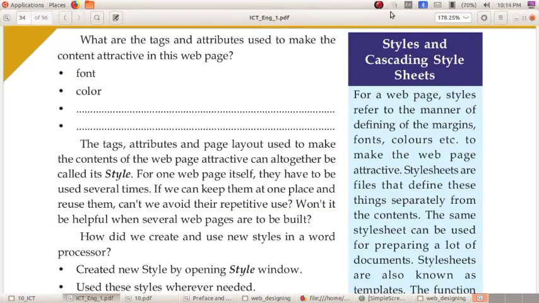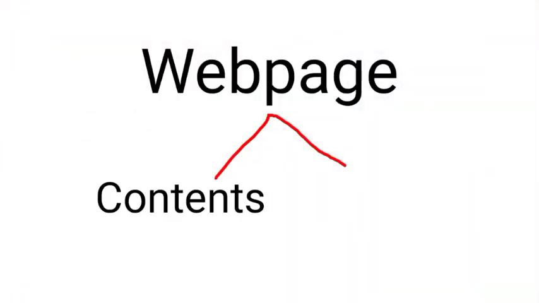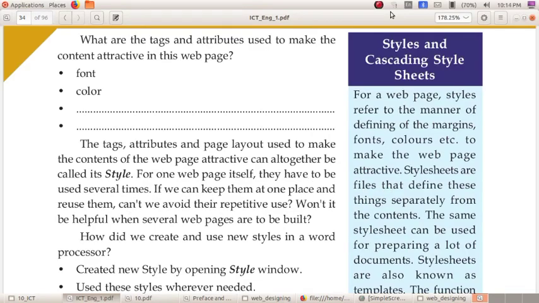Okay. When you are creating a web page, you have to include a lot of information, isn't it? We can call it contents. Okay. So a web page can be divided into 2 parts. First one is contents and second one is styles. So contents means the information that we want to see.